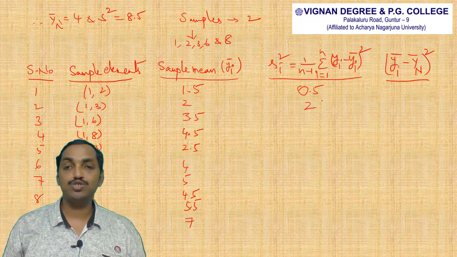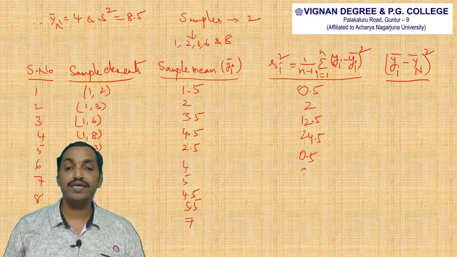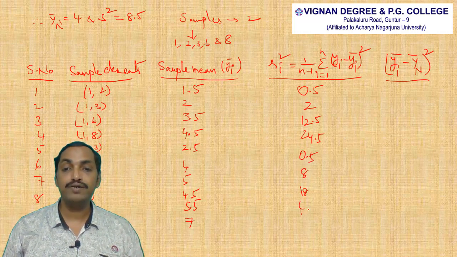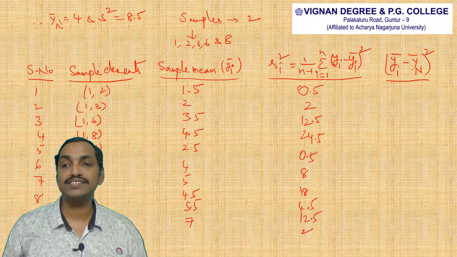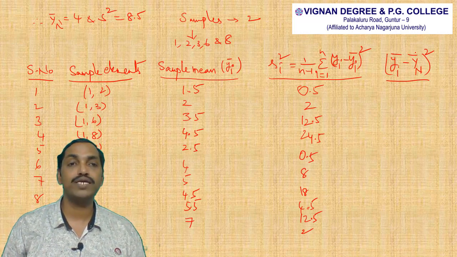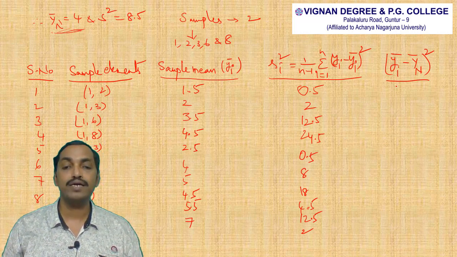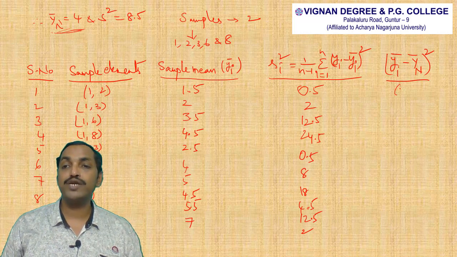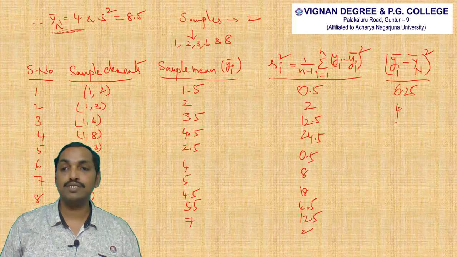So for the second sample it is 2, third sample 12.5, fourth sample 24.5, fifth sample is 0.5, 8, 18, 4.5, 12.5 and 2. And in the last column, yi bar minus capital Yn bar whole square. That means capital Yn bar is 4 here. So 1.5 minus 4 whole square, it gives me 6.25. Like that, we can get 4, 0.25,